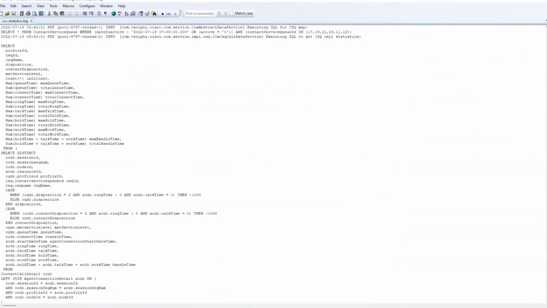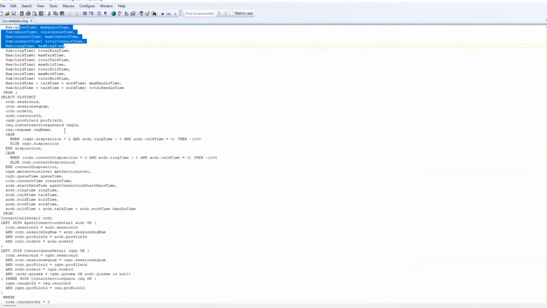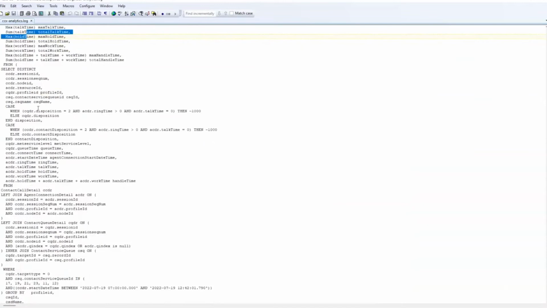You'll see a report was generated. So you see the report, and here's the query that's running behind the scenes. So if you're troubleshooting, on the CCX side, we're not collecting the data, we're going out to the contact center. So if you want to see what we are querying, especially when it comes to the where clause, like is something not being brought over, this is great to look at the query to see how the report's being generated.